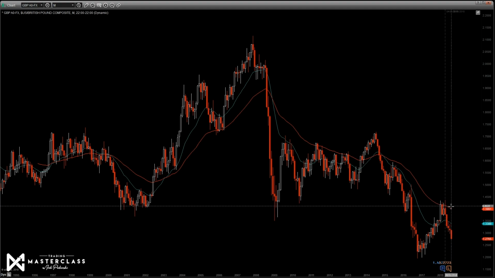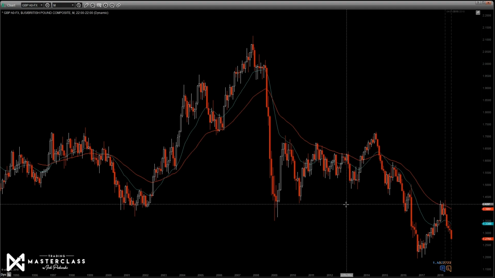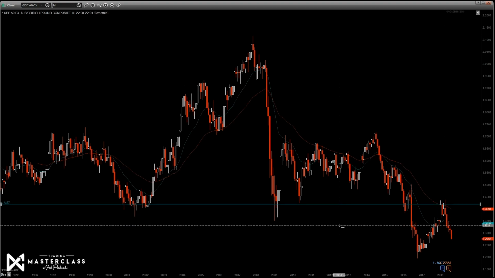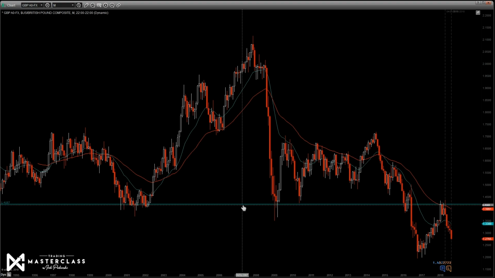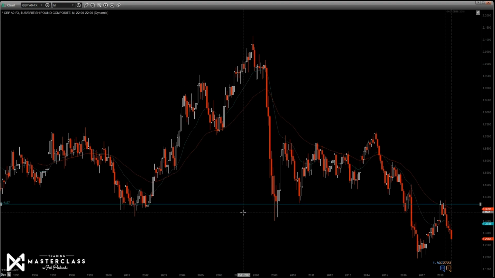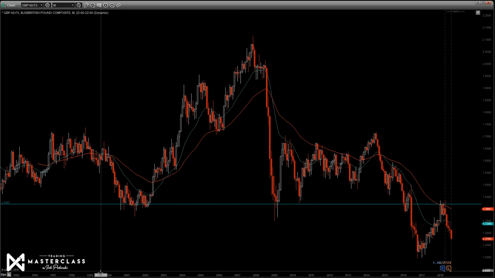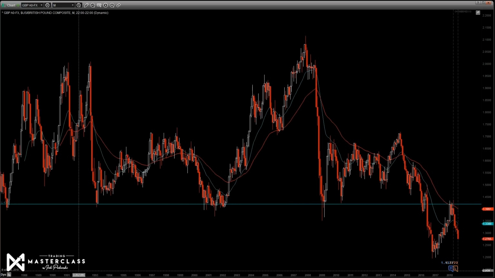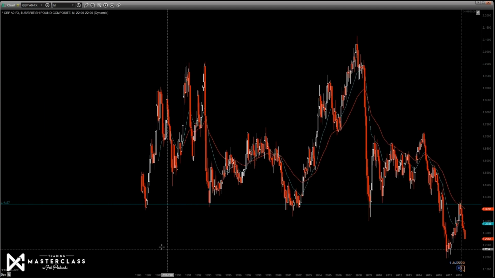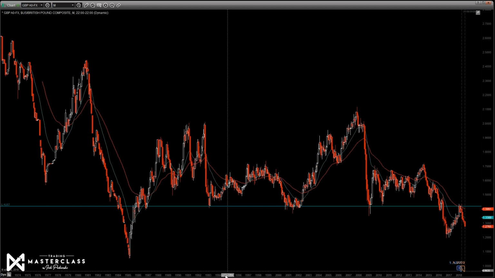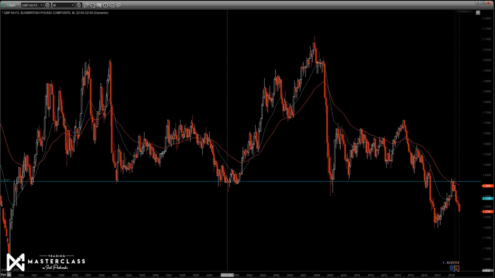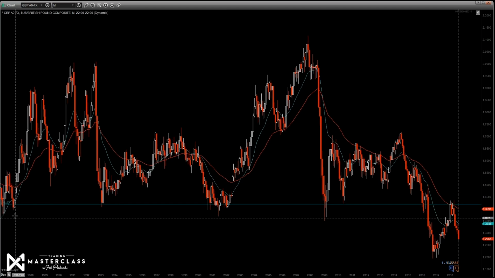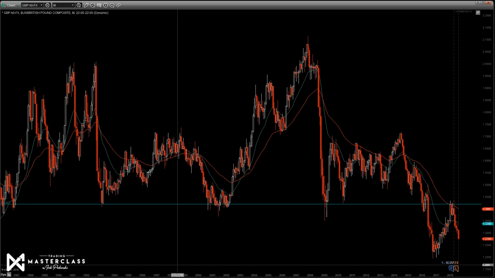But what other support and resistance levels can we have? You can have things like a horizontal support level. This is a drawing tool. It is just a line, but it's something that we will use all the time. And why do we use it? Well, because it works. When you put in a horizontal level like this, you can know that pretty much since 1987, the British pound did not break this level